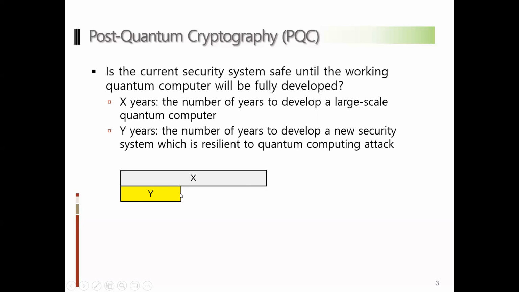And then you might think that until the quantum computer is developed, it will take much longer than 10 years, so maybe we are safe enough. Do you really think so? The answer is not really, because one thing you have to consider is that a secret generally has some kind of lifetime. For example, national security,